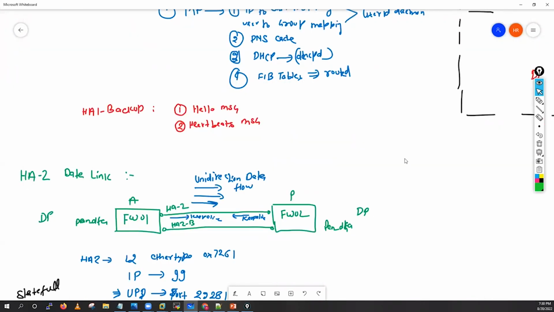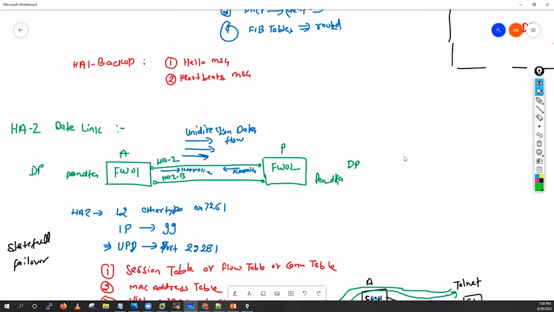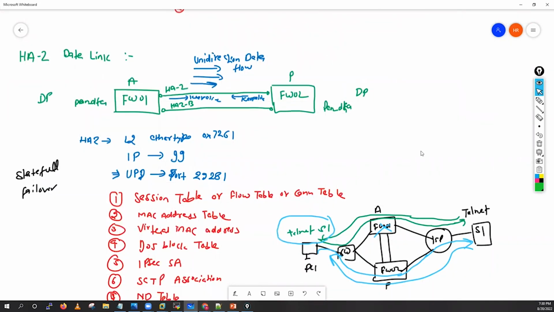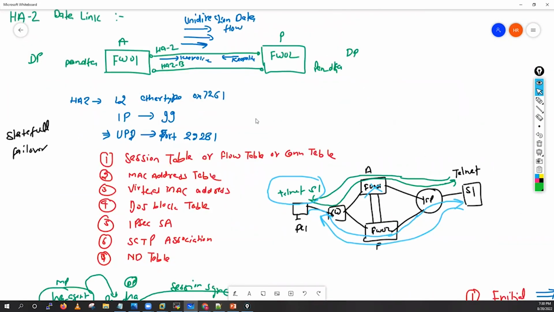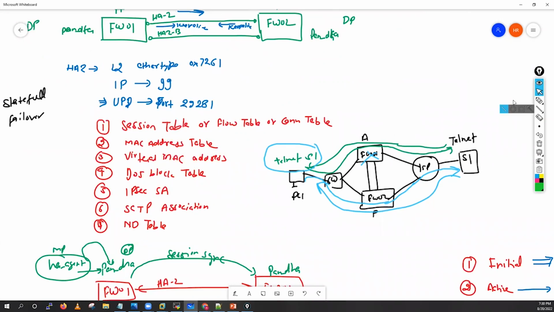I'm not going with the HA1 backup here. Now, why do we use this HA2 interface? Through this HA2 interface, we will exchange the session table or flow table or connection table. Means we will do the session synchronization, your MAC address table, your virtual MAC address table, your DoS block table,